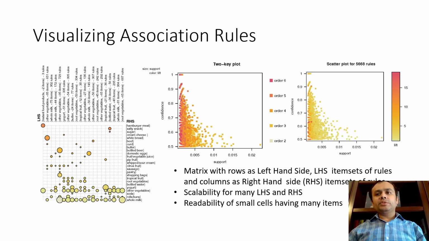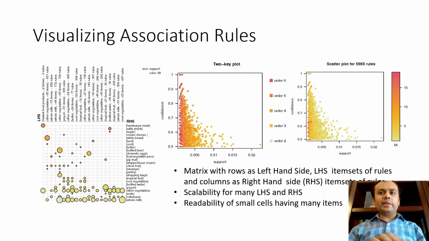So one challenge with association rules and trying to make sense of them is that if you have large enough data, then you may end up with millions of association rules. So how do you make sense of these? One way to do that is with visualizing the rules, based on their support or confidence, which corresponds to their relative occurrence with respect to one another and with respect to the overall data set.